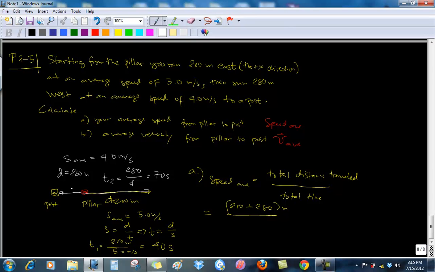So, how long is the whole length of time? 40 seconds east, then another 70 seconds west. So, the total time will be 40 seconds plus 70 seconds. Okay? And therefore, the average speed for the whole run from pillar to post is 200 plus 280, divided by 40 plus 70, which is 110. So that will give us the value of